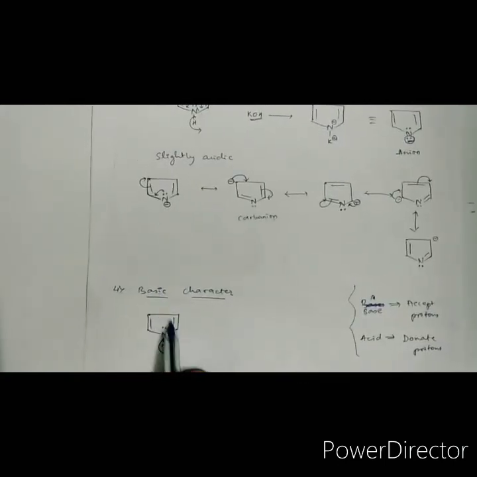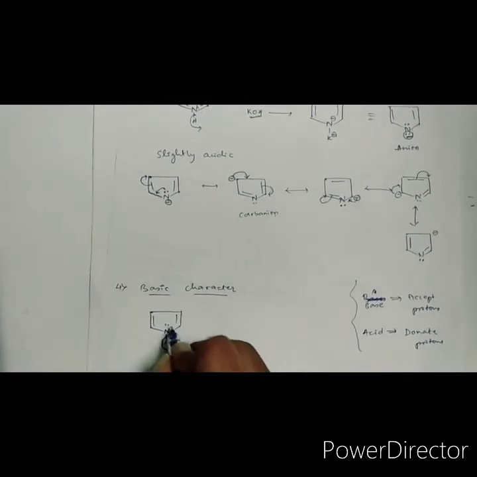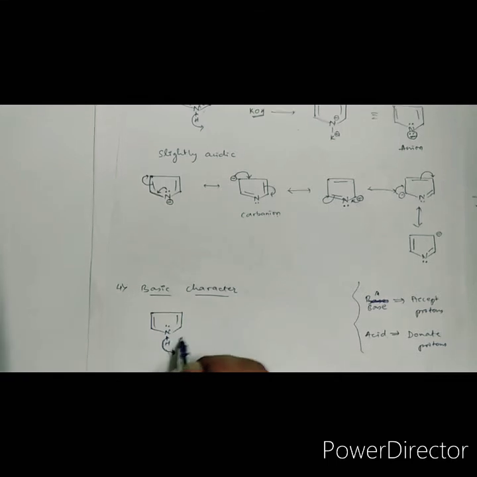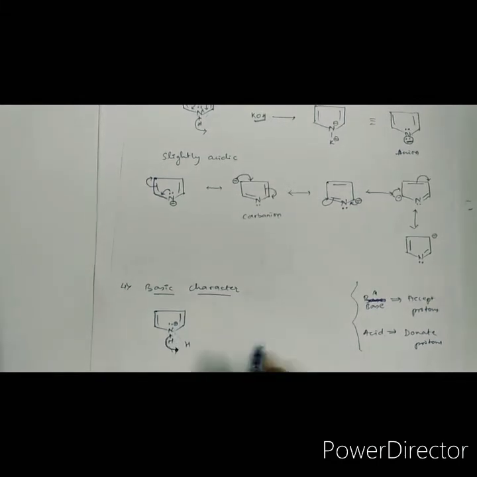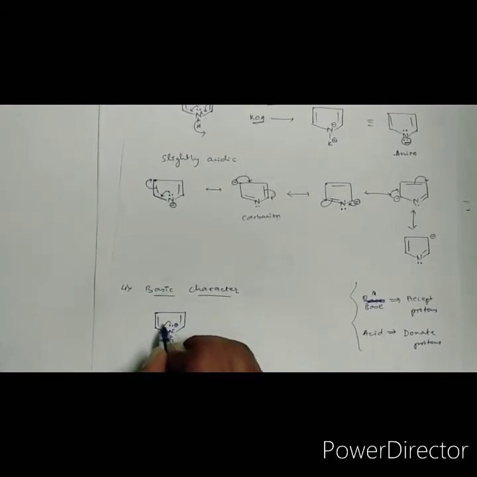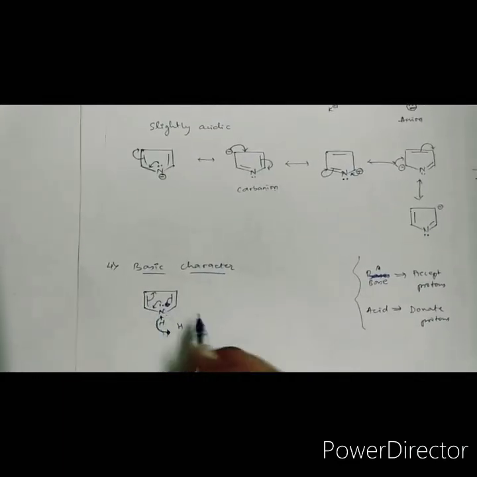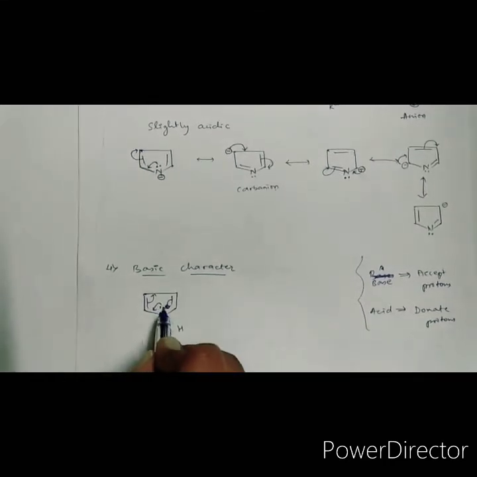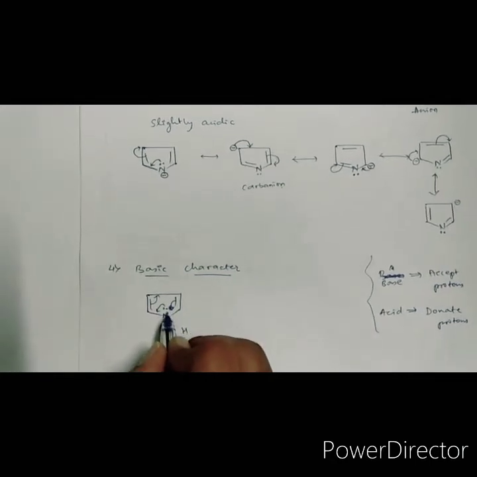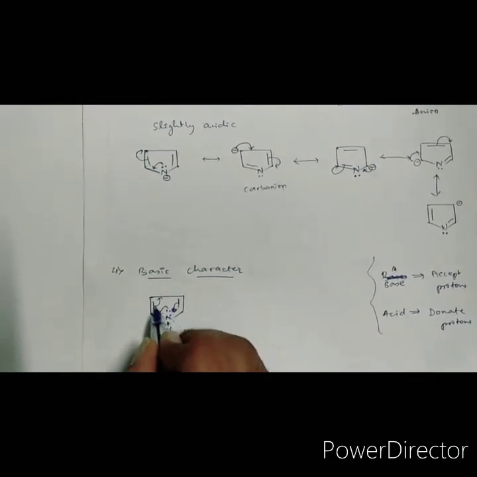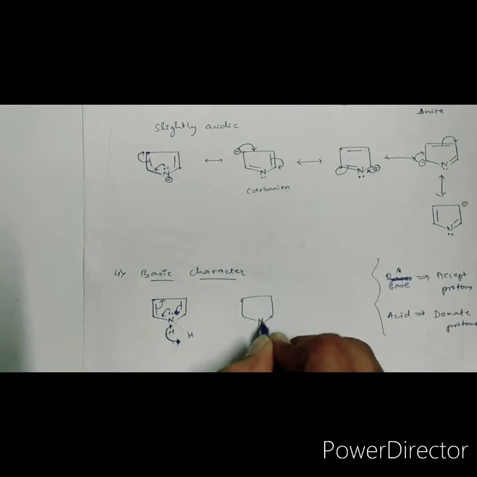So similarly, it is a base, so it tries to accept the protons, but if these lone pair of electrons accept a proton, it will form a slightly positive charge. But because these lone pair of electrons are involved in delocalization, there is no chance that the nitrogen will accept the proton, because these lone pair of electrons try to delocalize themselves and undergo different resonance structures.